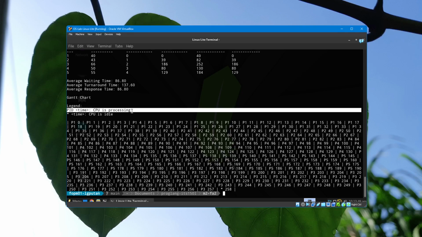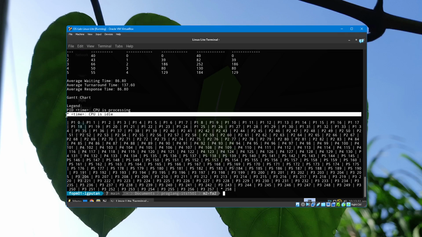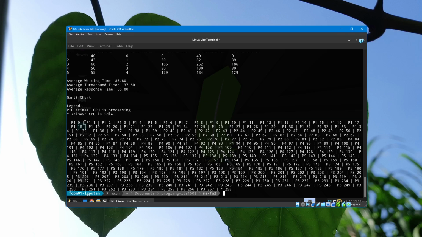Then we also computed the Gantt chart, in which we have the legend of PID plus the time. That means that the CPU is processing. And if there is an asterisk plus the time, that means that the CPU is idle. So as we can see here from the Gantt chart, P1 is going to be first since it arrives first,